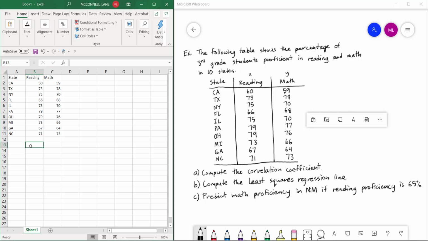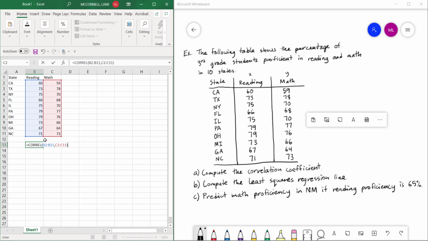So for part A, I'll come down here, and we're going to start off with an equal sign, because the function that we're going to use when it comes to finding the correlation coefficient is a function that we just start typing, and sure enough, after we've got C-O-R-R-E-L, is the correlation function. So I'll double click that, and it'll ask for two arrays. Basically, the arrays that it's interested in are our x values and our y values, and I've got them over here. So the first array I'm going to do in this case, and it doesn't matter the order in this case, we can pick either, but I'll do these, which are x values first, and then do comma, and drag to select the y values in this case,